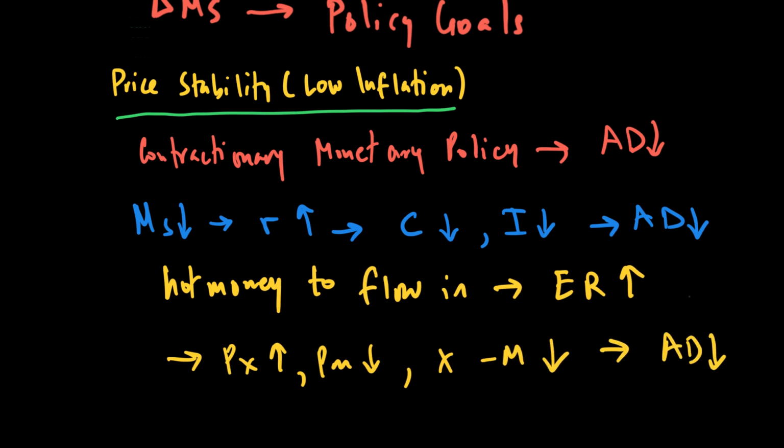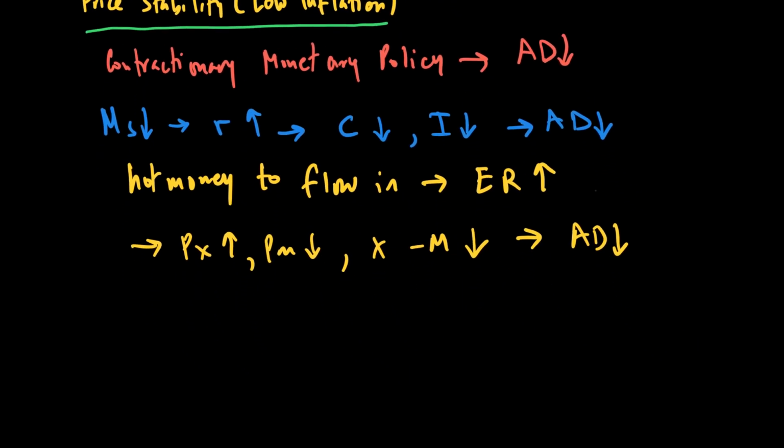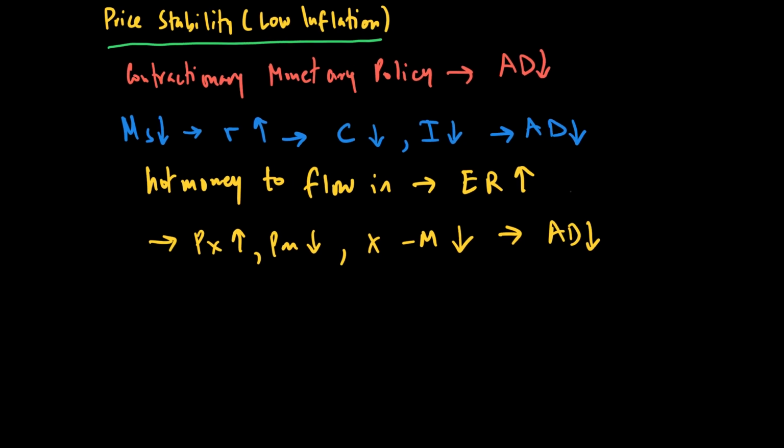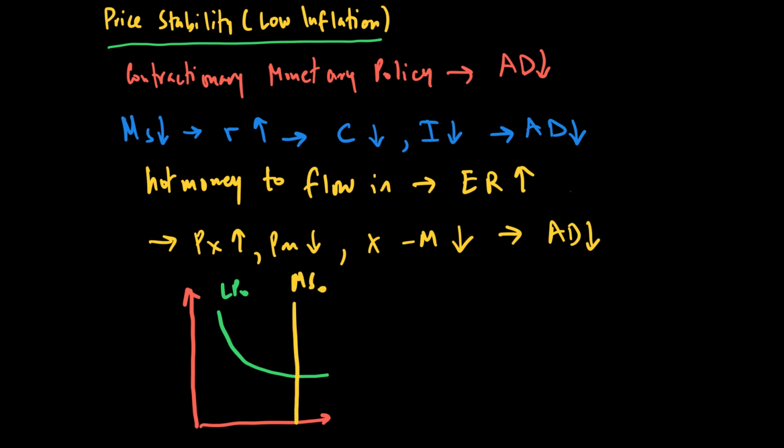So when you are looking at contractionary monetary policy, you are looking at AD to fall, and that fall in AD causes our demand for inflation to be kept under control. So the diagram that I'm going to make here to show this would be, the first one will be your money supply and money demand. So this is my liquidity preference curve, LP naught, and let's say currently money supply is MS naught. I will reduce my money supply from MS naught to MS1, which causes our interest rate to rise,